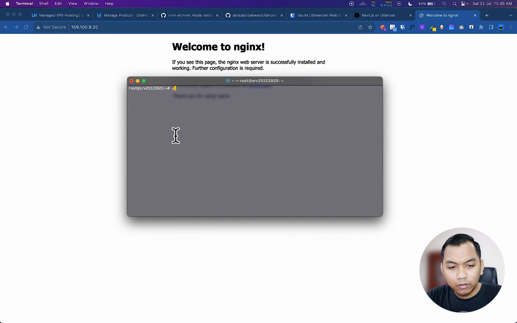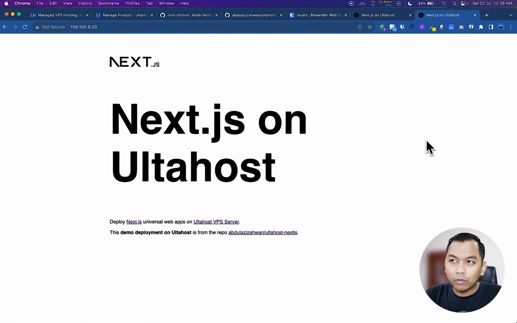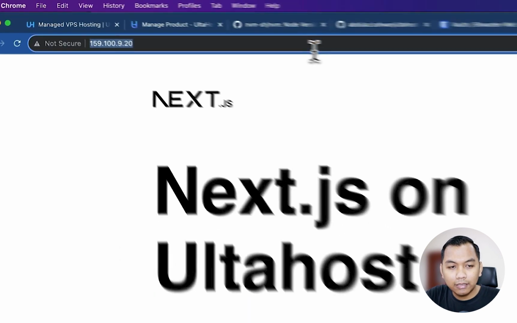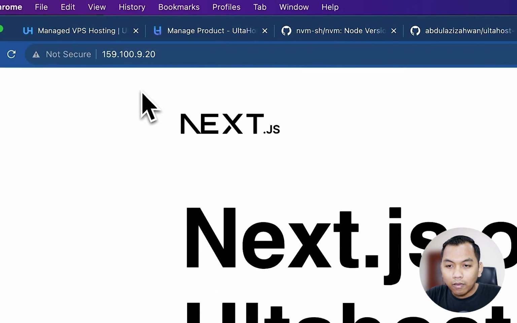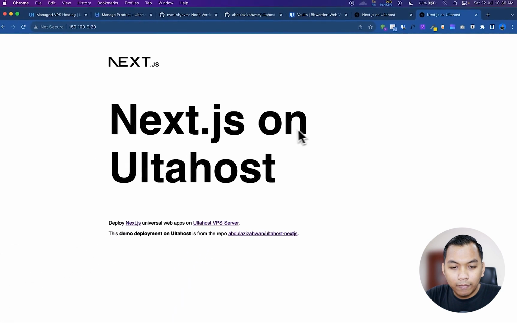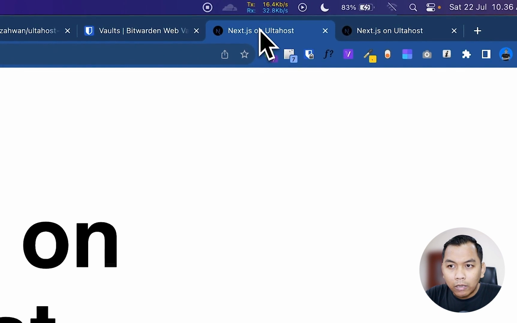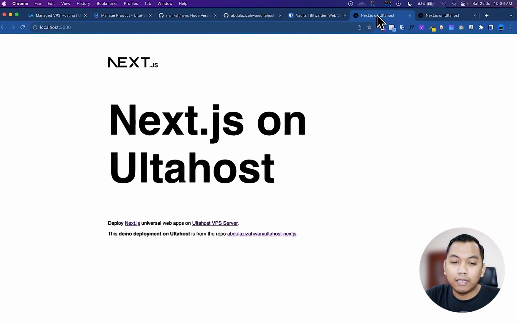And next, we need to reload our Nginx. Alright, and then let's try to refresh and access our server, our Next.js app, using IP, and now we will see Next.js on UltaHost, exactly the same as localhost on my local machine here.